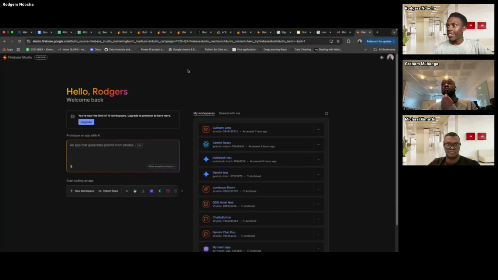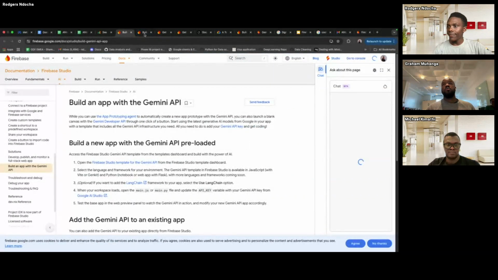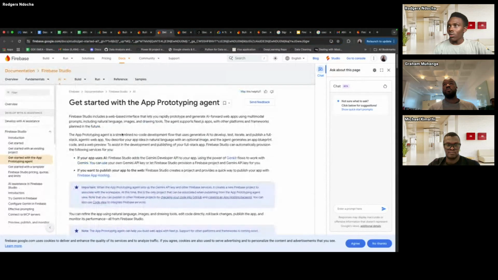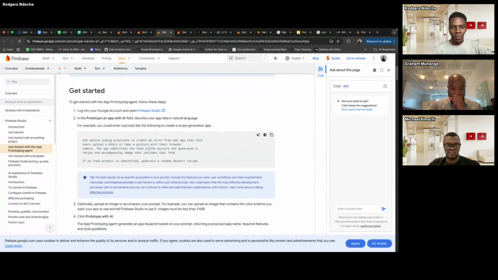I'm going to pick here from this. I've opened some tabs, but I'm hoping you are able to see. We want to prototype an application which is able to take in a picture of a meal, and then predict the meal and give us the ingredients and also the instructions on how to make that particular meal.